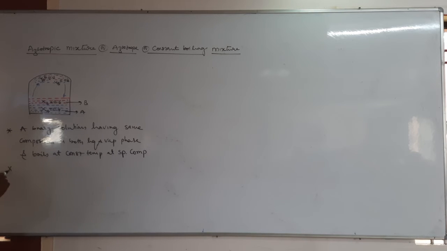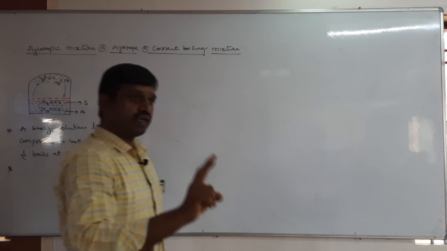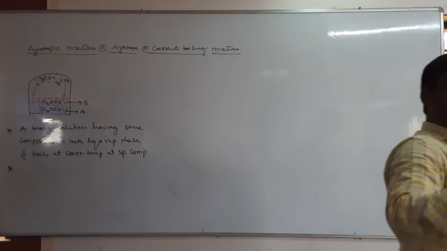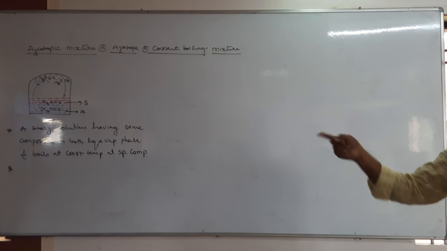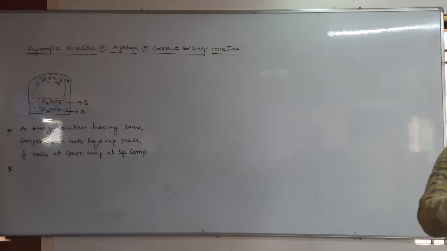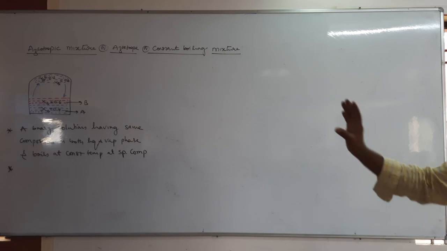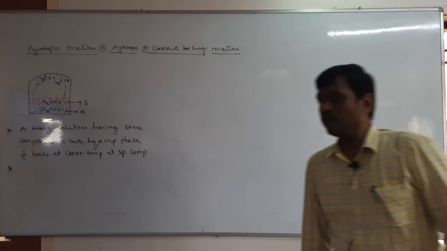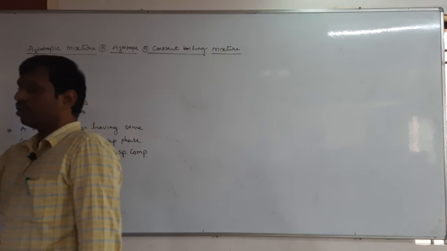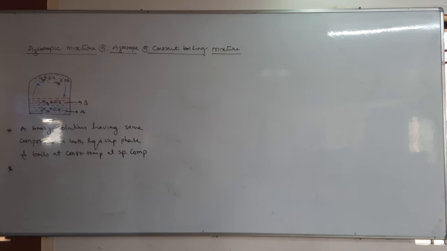Then what is the importance of an azeotropic mixture? Even though it contains two liquids, it behaves like one liquid. It boils at one temperature. Therefore, the components of this binary solution cannot be separated by fractional distillation. Usually, if there are two different liquids, the very general common method to separate them is fractional distillation. By using fractional distillation, you can separate the A and B components, usually liquids.